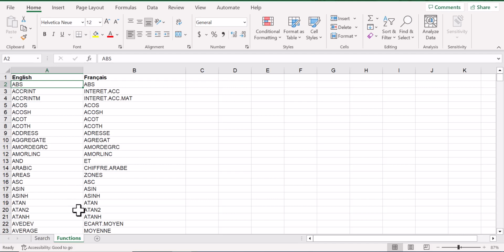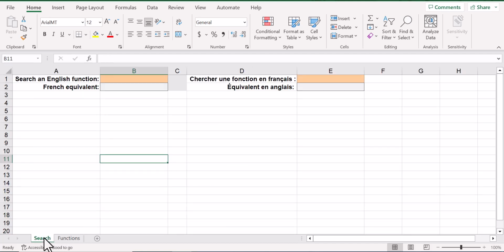First of all, please note that these functions are found on a sheet named Functions, and I created a different sheet that I named Search, where we're going to write our formulas. So here I'm using the cell style preset called Input to indicate to the user that they're supposed to type the function that they're searching for in this cell B1. And in the cell formatted in the output style below, I'm going to enter a formula based on the XLOOKUP function. So equals